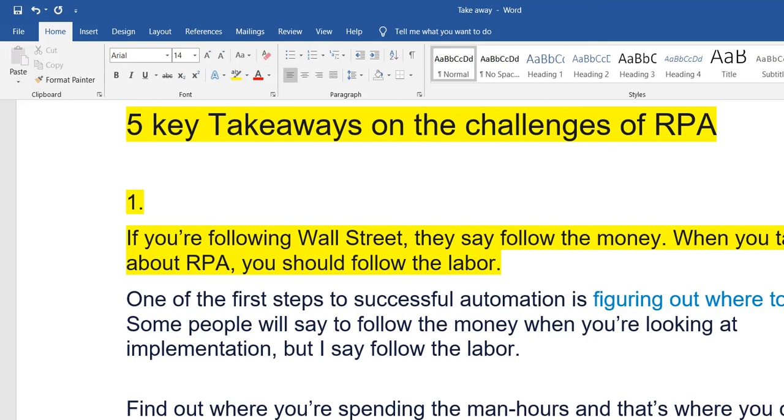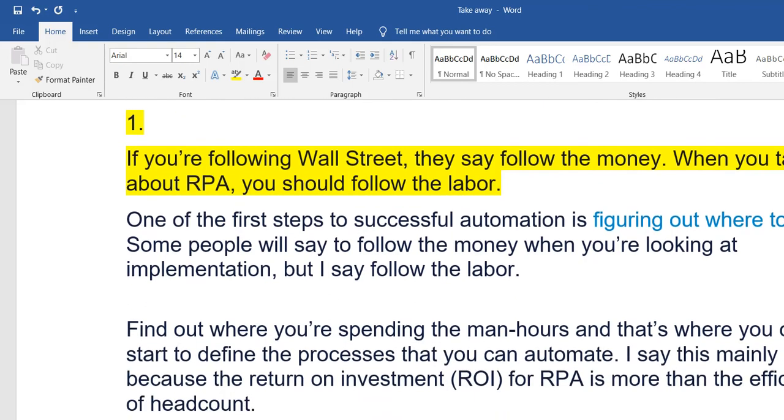If it is Excel automation, where to start. If it is web automation, where to start. Which tool to start with, or which implementation to start with. Implementation and successful labor reduction is the success of RPA. So you have to find out where you are spending your man-hours